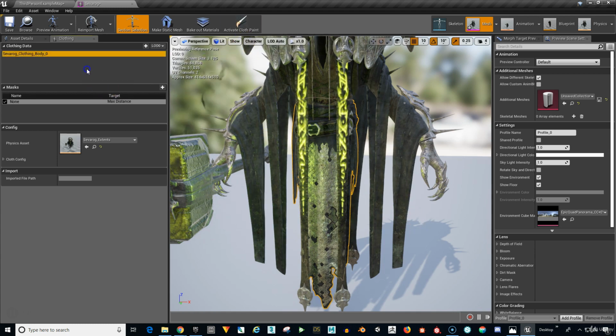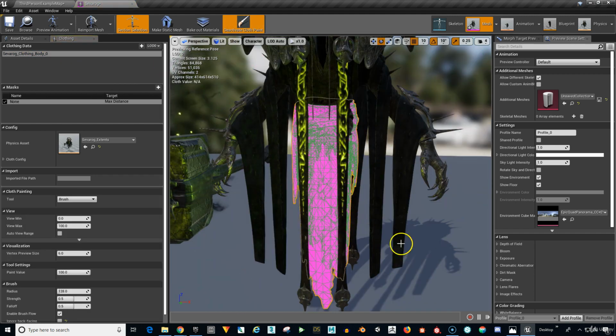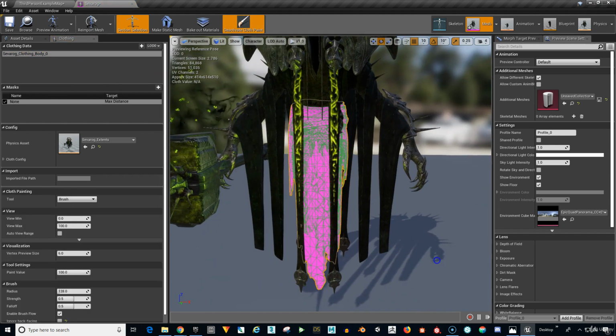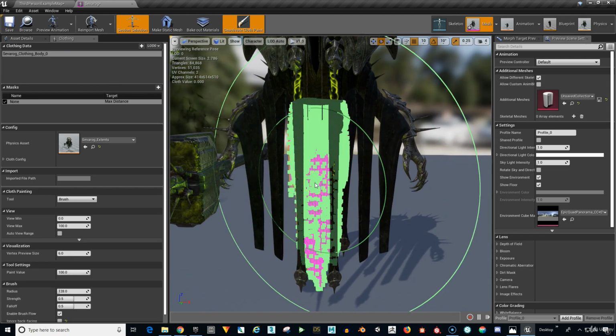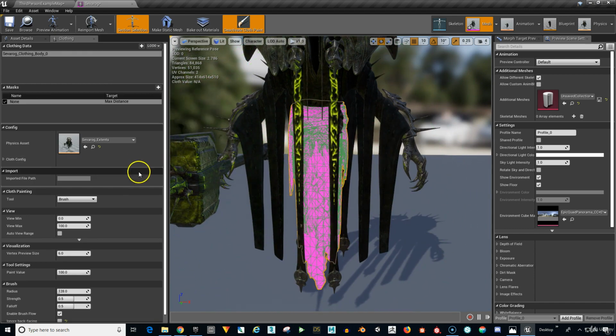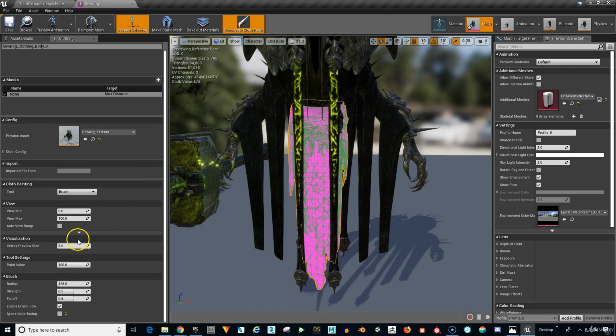Now what I want to do with my clothing body selected, I'm going to activate cloth paint. You can see my brush is like way too big. It's huge. So we're going to go down here, and I'm going to make sure that my cloth painting tool says brush. We're going to be using smooth in a little bit, but right now we're using brush. And I want my paint value, a lot of times 100 isn't enough. I'm going to bump this way up to 1,000